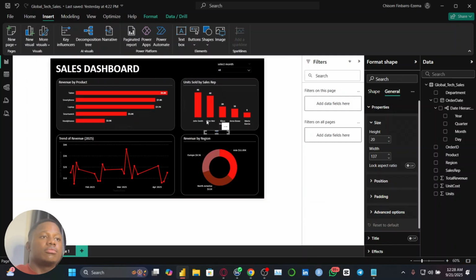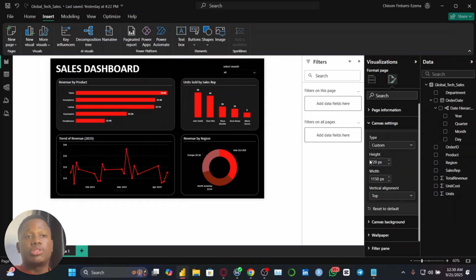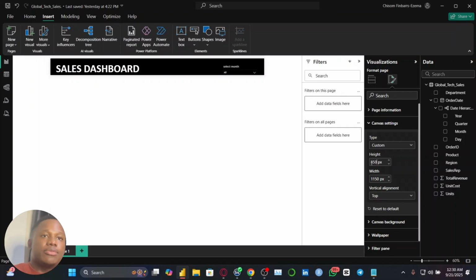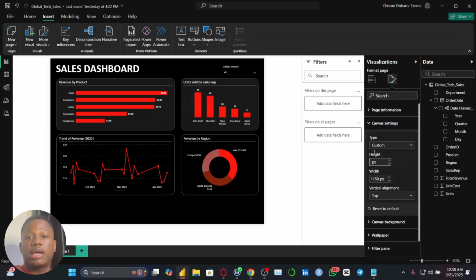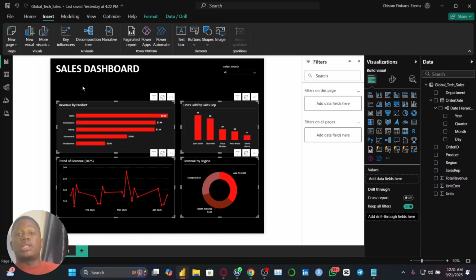That's a good thing. Hmm. That's a very good thing. So I can make do with that. Just off the top of my head, I want to add different card visualizations. I'm going to increase the height of this workspace to like 850, to like 900. Increase the height of the canvas, and I'm going to add a caption on the top,